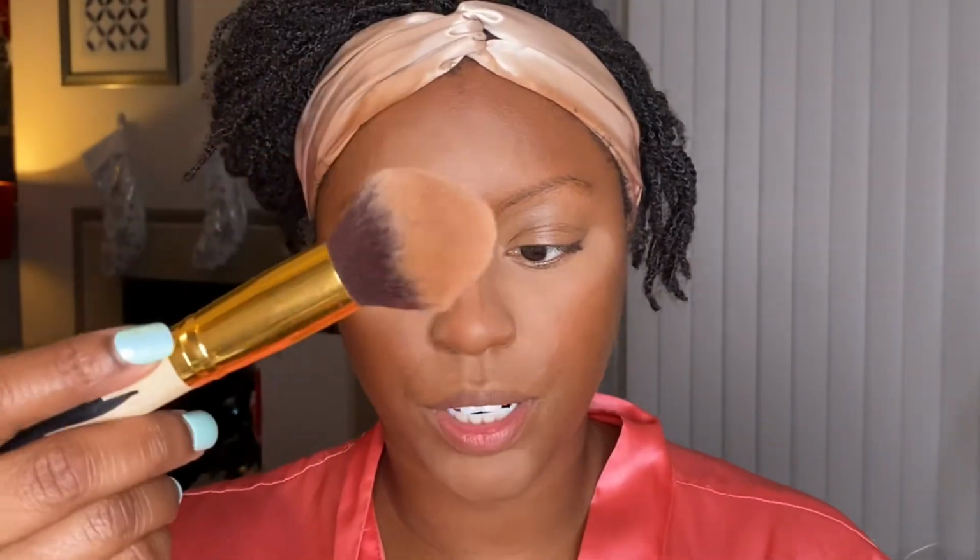Once I got it pressed in, I'm going to brush off the excess. So I'll take a fluffy brush. Of course, it's not clean. But another tip I do, especially to tone down and prevent flashback, is I take a pressed powder that is similar to my skin complexion. Well, it's a setting powder really, but it's pressed and not loose setting powder, and I brush over all the areas,